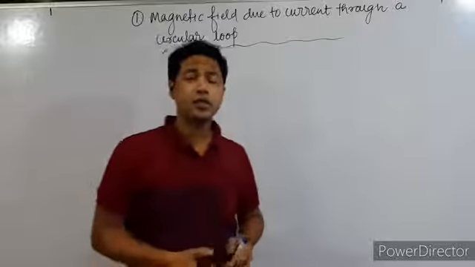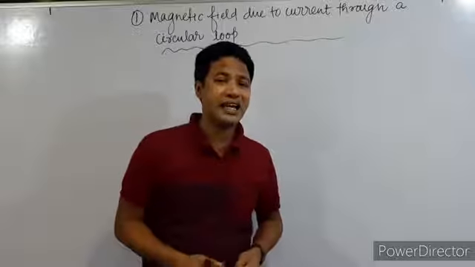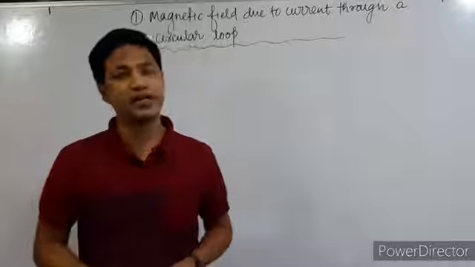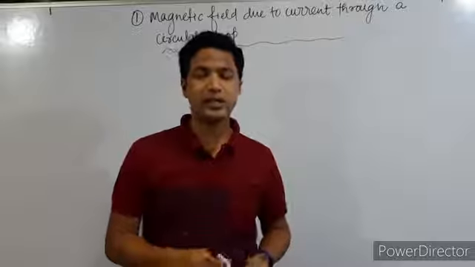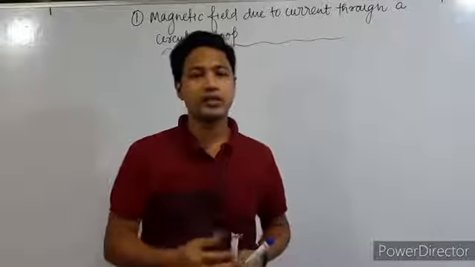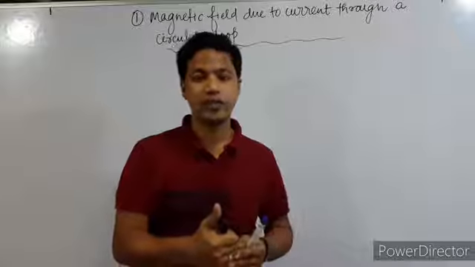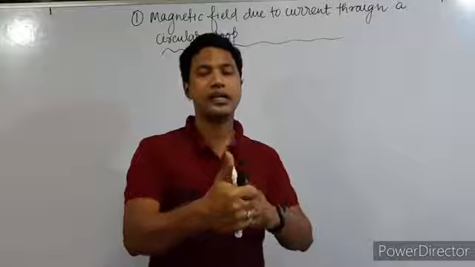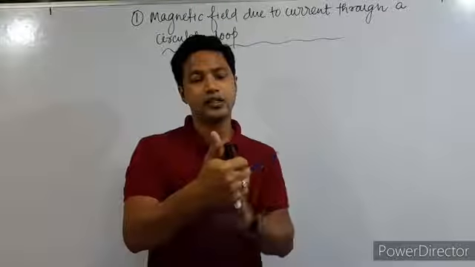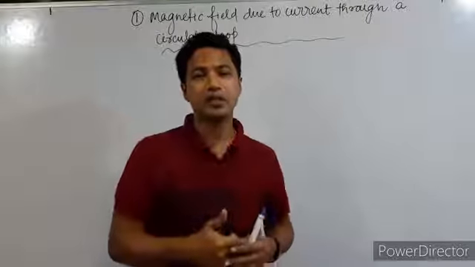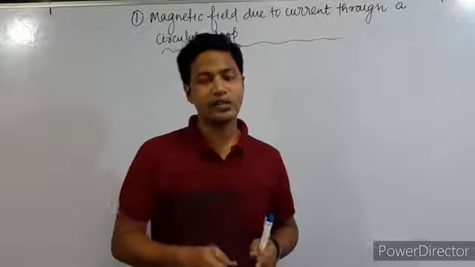So what is this topic all about? In the last video we studied the straight conductor. You remember, a straight conductor is a straight copper wire that we hold with the right hand, and with the right hand thumb rule, if the current's direction is upward, then the direction in which the fingers wrap will be the magnetic field's direction.